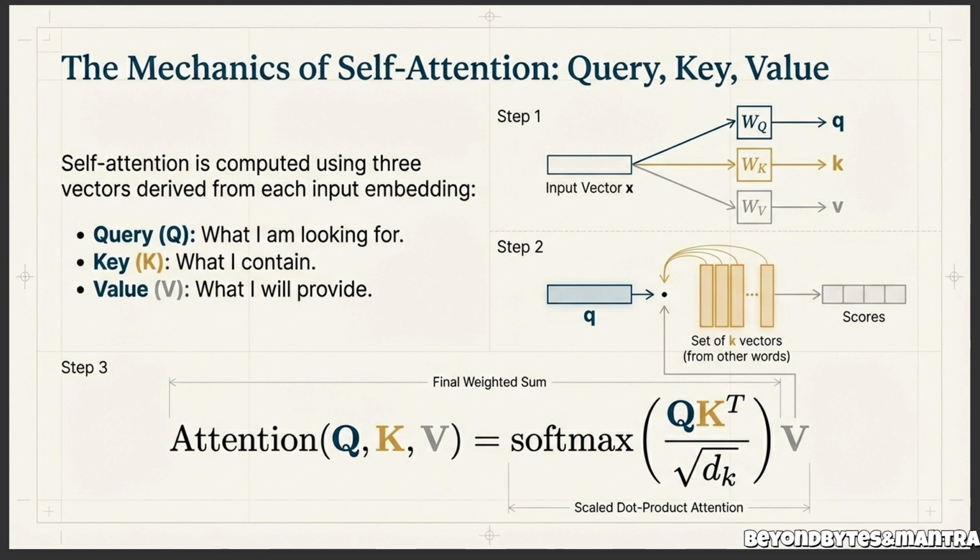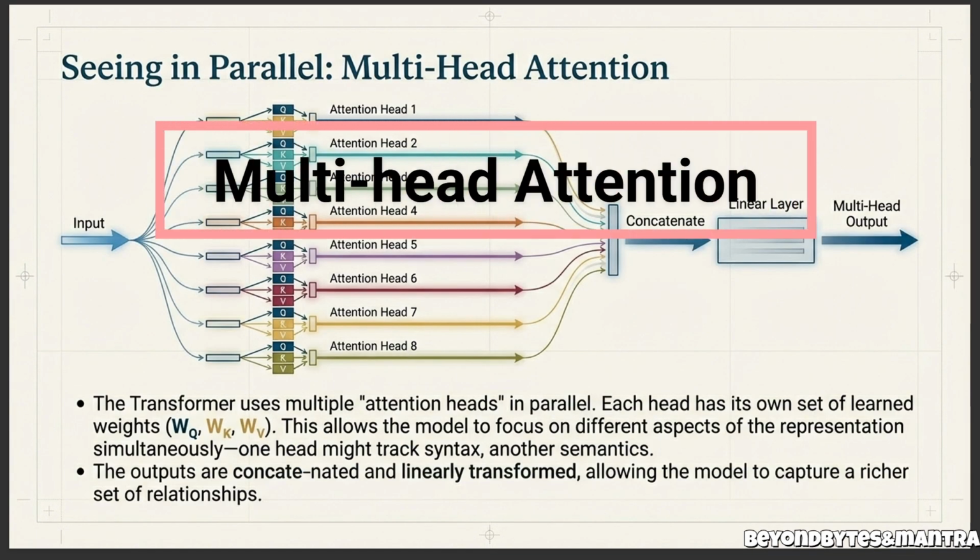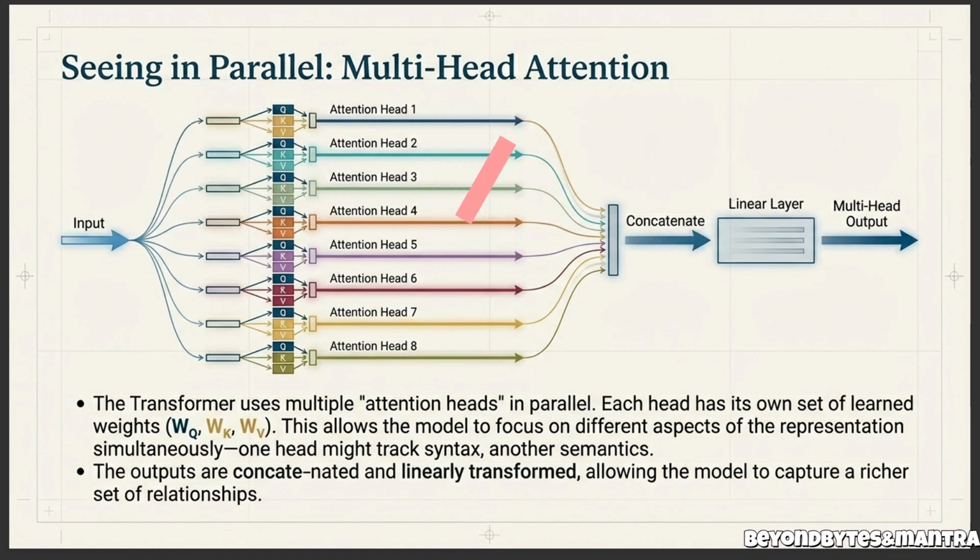But one attention is not enough. How do we see it in parallel? That is what multi-head attention does. One head alone can't capture everything. Multi-head attention runs several attention mechanisms in parallel. Each head